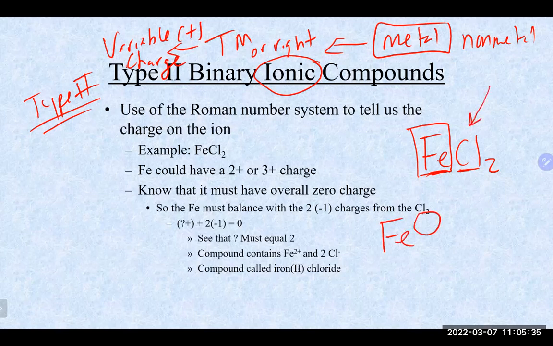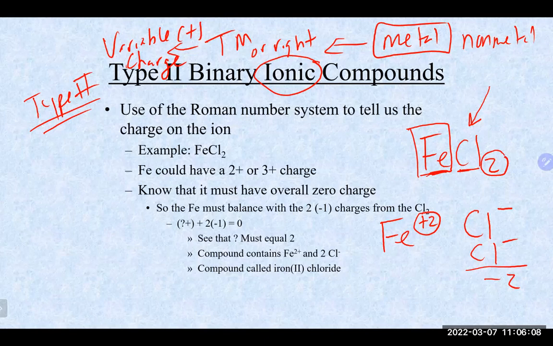negative guy. So when we look at the negative guy here, that is Cl, which is group number 7. That means that Cl should have a -1 charge. In this particular case, we don't have 1 Cl, but we actually have 2, which gives us a grand total of -2. Because this is an ionic compound, it needs to equal 0. So that means my one iron in this case must have a charge of +2. So you kind of work backwards from the negative guy to figure out what the charge is on the